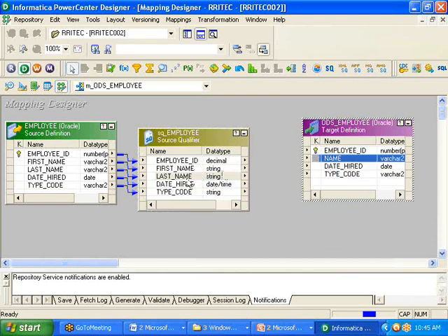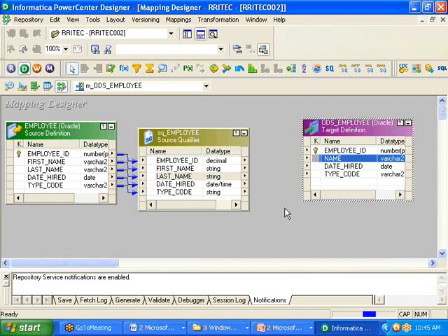Now I want to concatenate this first name and last name, and I need to provide it to name, or not, sir? That means I need to perform one transformation here. The transformation is concatenating first name and last name and converting into the full name. That's the transformation we are doing. Any type of calculation we want to do, we need to use one transformation. The transformation is called the expression transformation.